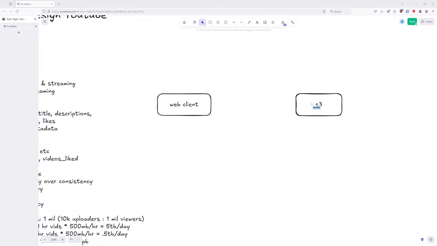first they'll upload the original video to S3 storage. And then since we want to support different resolutions and probably different formats for the video, we'll use an encode and transcode service on user upload.